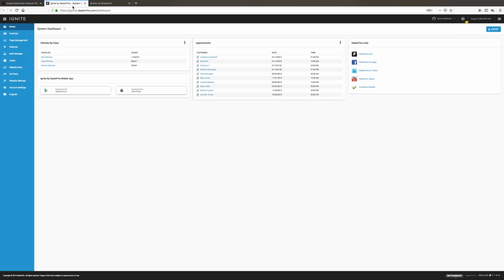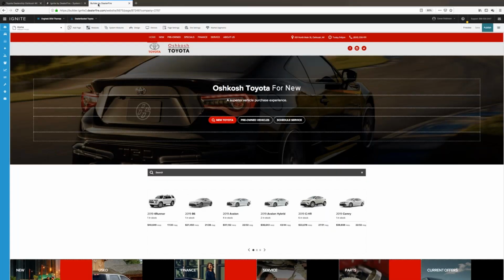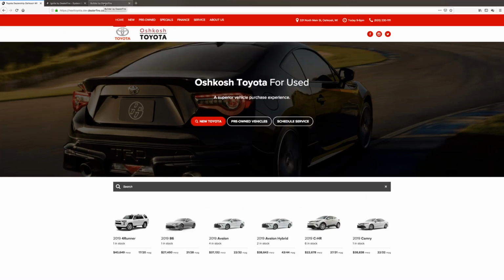So this page is probably relatively familiar to you. This is just your system dashboard. This is the first thing that you see when you actually log into Ignite. And what you're going to do is on the left-hand side, once your website is activated or enabled for Engine 6, you'll see a brand new option here at the very bottom called Engine 6. In this case, you'll just want to click on that and you'll be taken to the Engine 6 interface, which looks just like this, and actually very similar to the homepage that we just saw from Next Toyota. And that's the whole beauty behind Engine 6, is you're doing inline visual